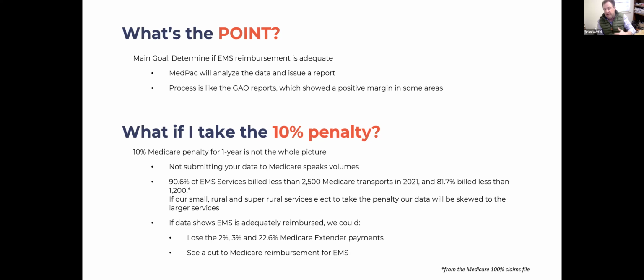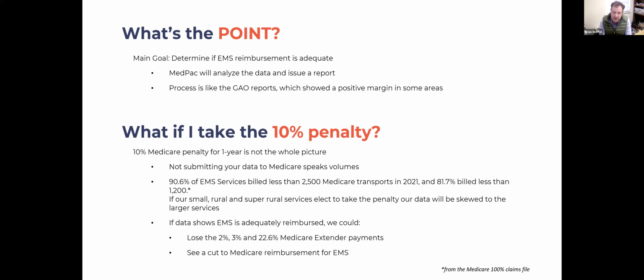So in the last extension, or to be more precise, the second to last extension, a deal was struck that indicated that while they would extend it for a period of time, and at the time it was 5 years, it's subsequently been extended for another 2, but at the time they extended it, they said that any future extension would be subject to formal cost collection data. So basically, Congress just wants to see where the industry truly is financially before it makes a decision on whether or not any relief is required.